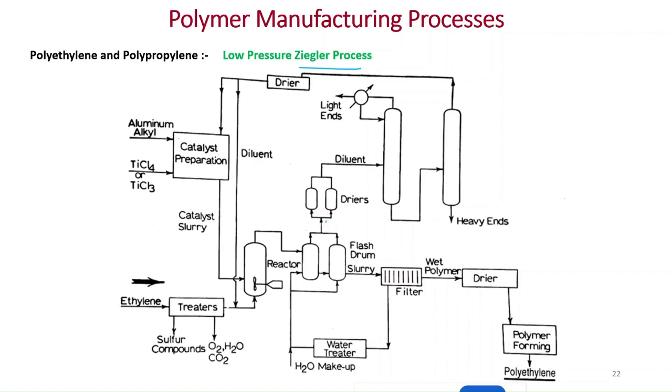From the gas, mostly the catalyst is separated, and those are dried and recycled to the catalyst preparation process, and the polymerization product will be sent through the filter. Wet polymer is being dried and then we are getting polyethylene. And water, whatever is that, it will be sent for the makeup water or retreated water. So this is the Ziegler process because